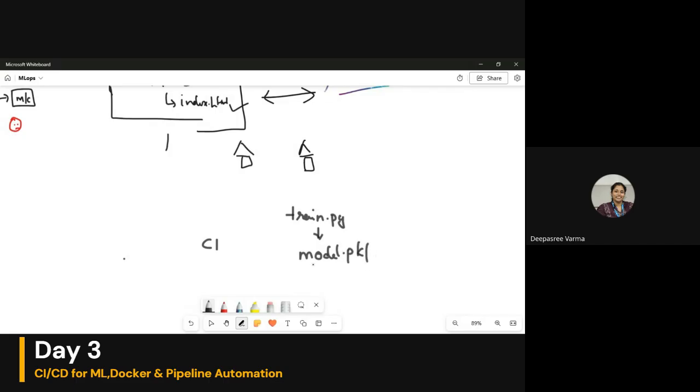Suppose I want to change something in train.py, add something, or change the algorithm. As we saw yesterday, there may be many problems with a running machine learning application. Data drift may occur and we need to retrain the model. So every time there is a change in train.py, we need to call python train.py, recreate the model.pickle, and upload it as the new model.